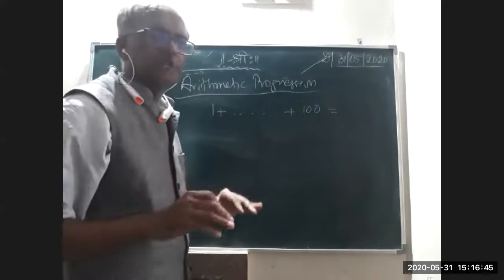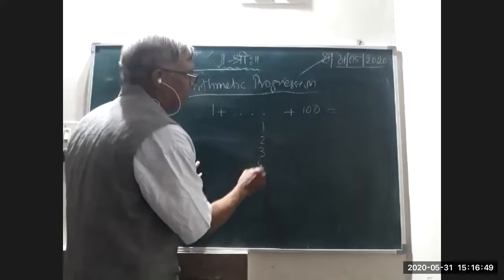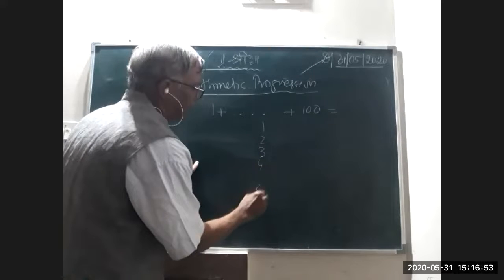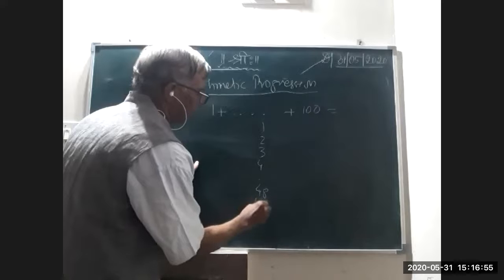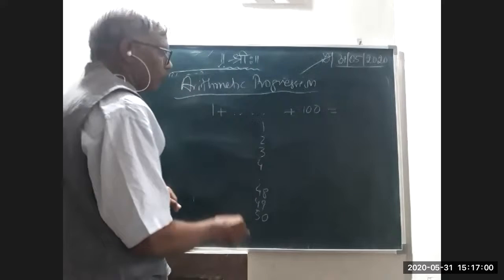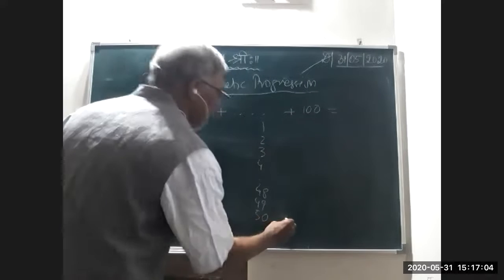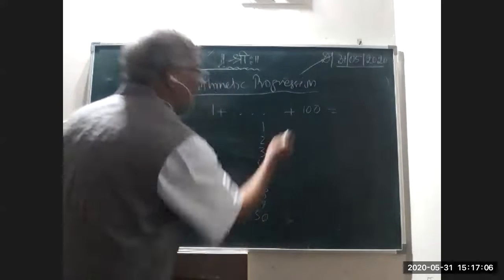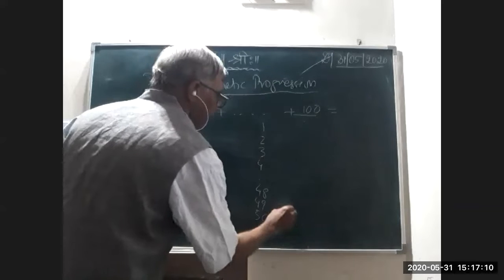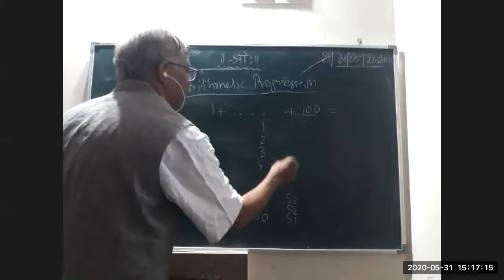What did that child do? He just wrote 1, 2, 3, 4, ... 48, 49, 50. Just to explain, he did this. What he had written in the notebook, he showed on the board. Next, because it is 1 to 100, up to 50 it is here. So he wrote 51, 52, 53, and went on like this.